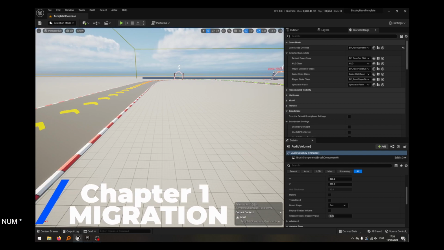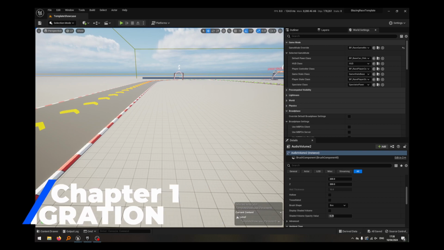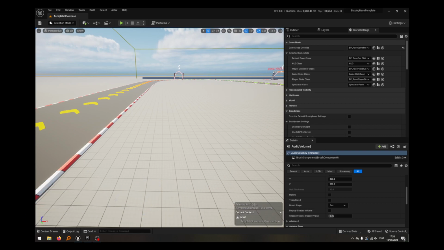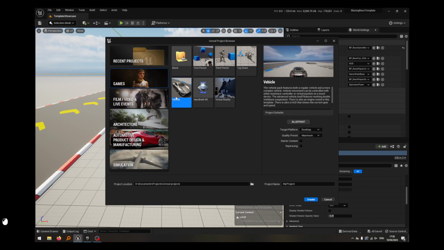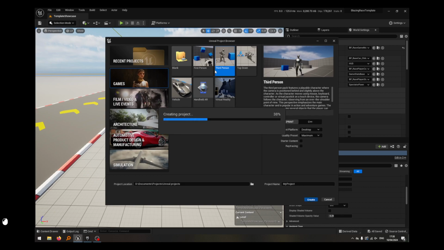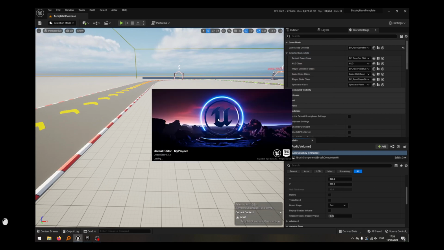Hello universe, this is how to migrate the Blazing Race template to your own project. To use an example, I'm going to make a blank project, or maybe a project that uses one of these game templates. But I guess realistically, I should use the vehicle. But just to showcase that my template is supposed to work with anything, any actor, I'm just going to create a third person